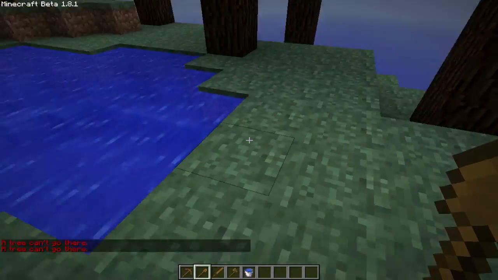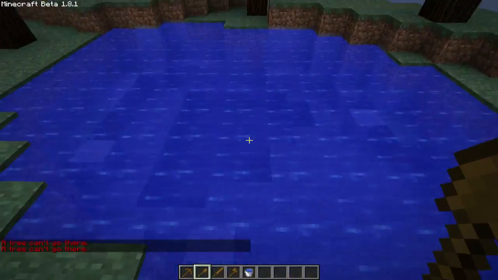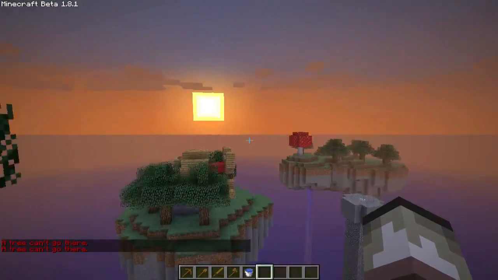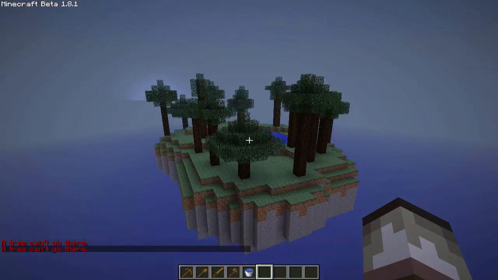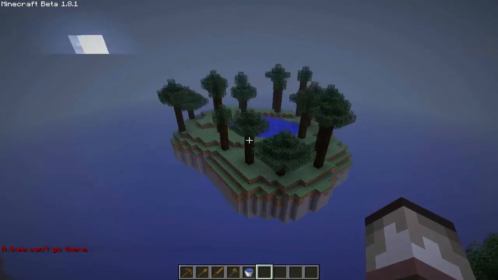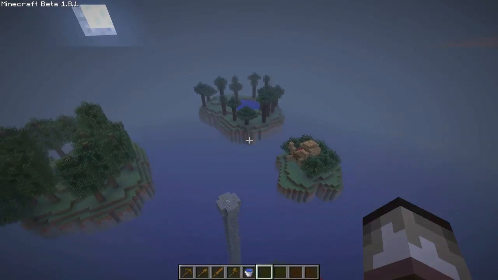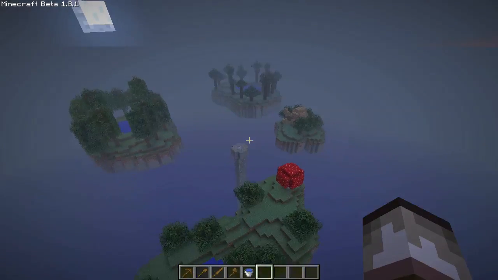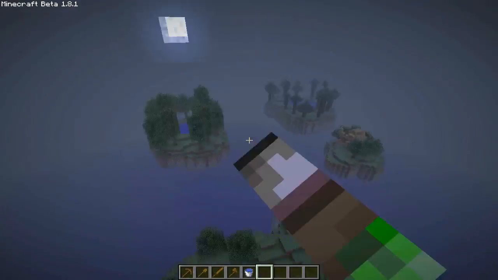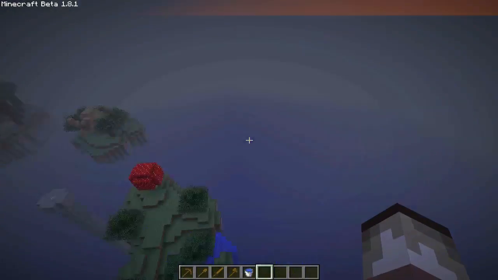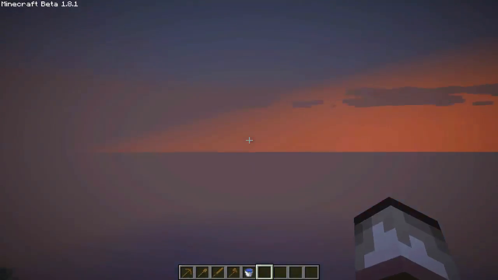And yeah. So we are pretty much done here. Well, actually, completely done here. And yeah, that is the floating island. And it's very easy to make, very fun to make. And this map will be in the description with that island, that island, that island, that island. Well, this map that you see right now will be in the description.